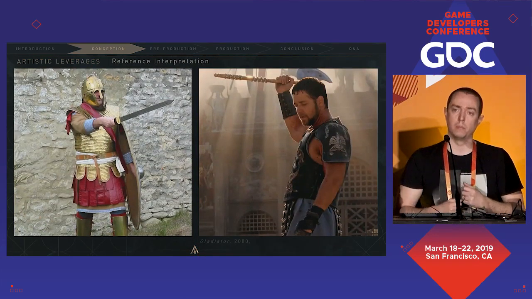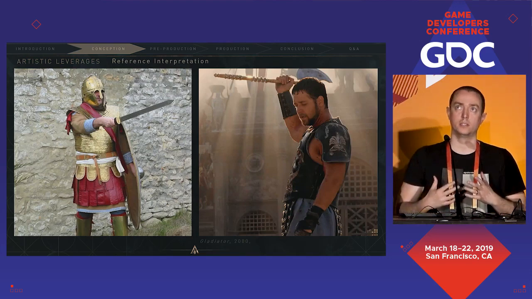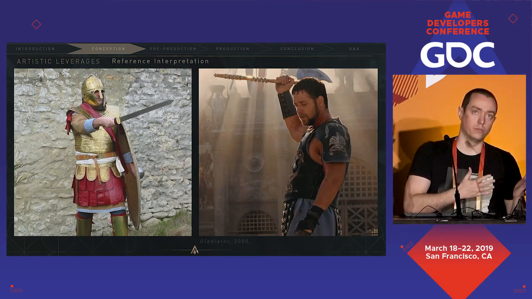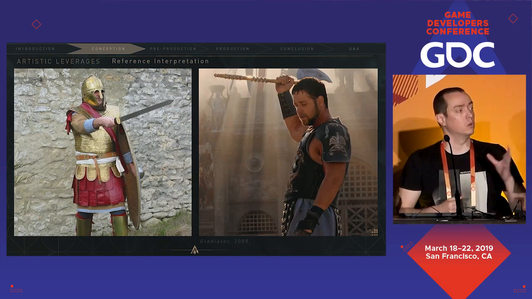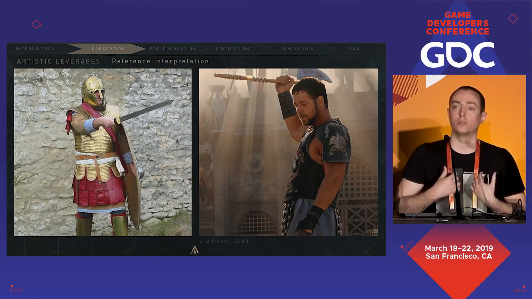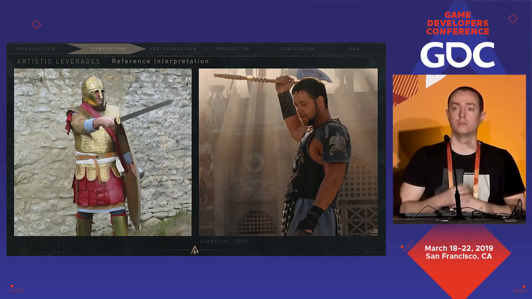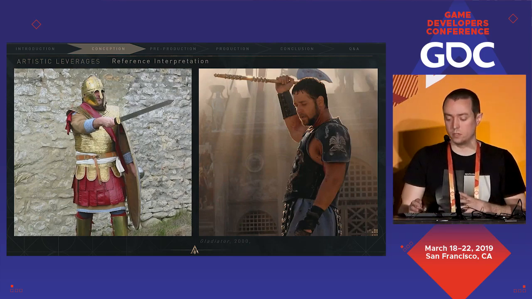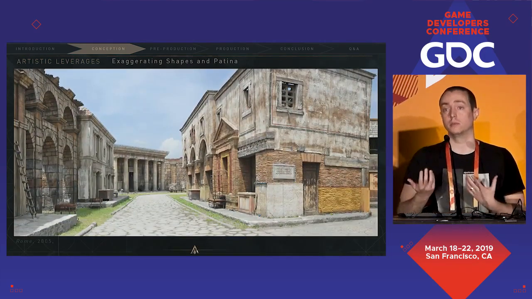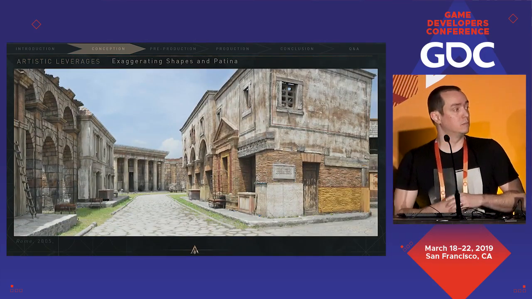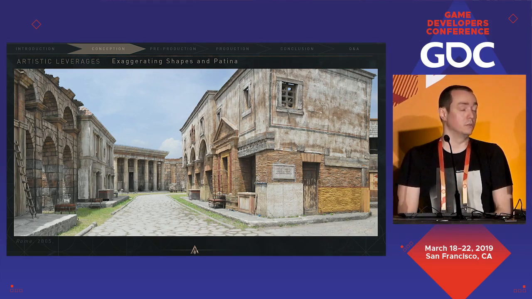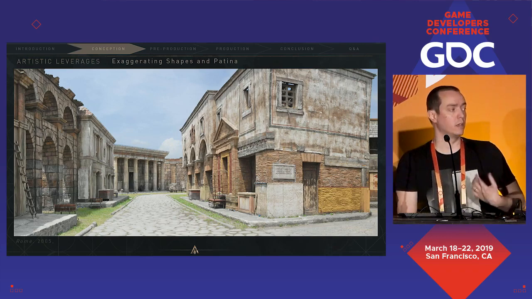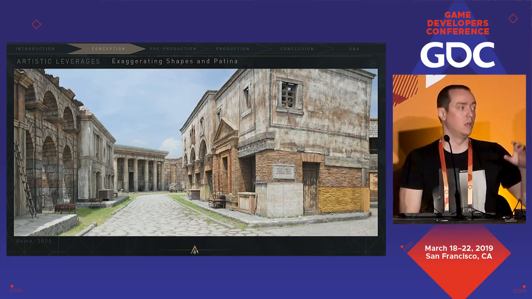Of course, you can also apply this kind of idealization or reference choosing to every aspect of the project. So also for the characters, for the props, for the shot itself, for the lighting. And we learn a lot of things from movies, but also from TV series, for example. On this very exciting background from the series Rome, you can see directly that